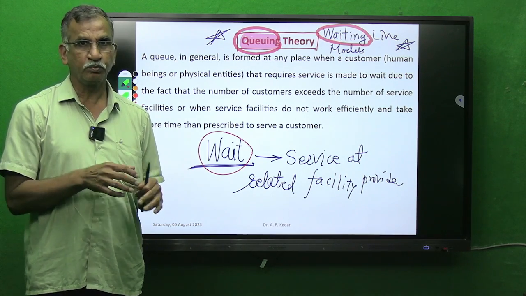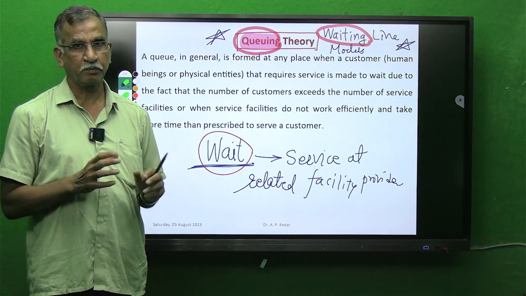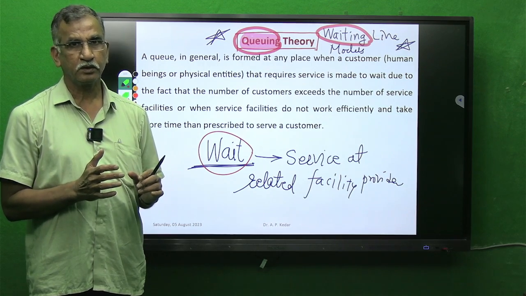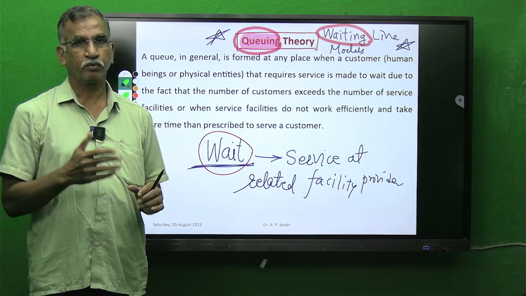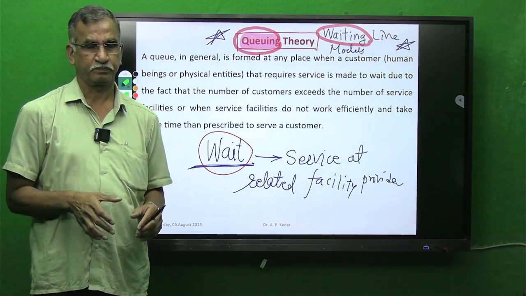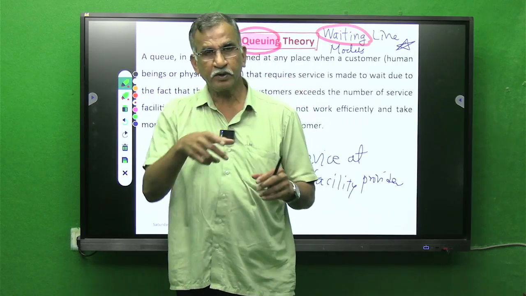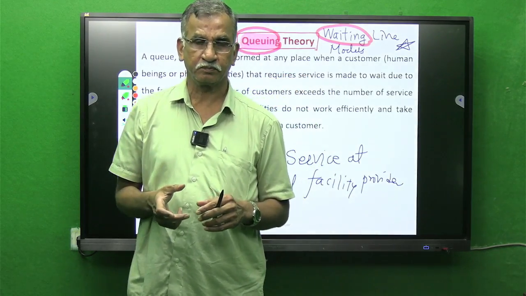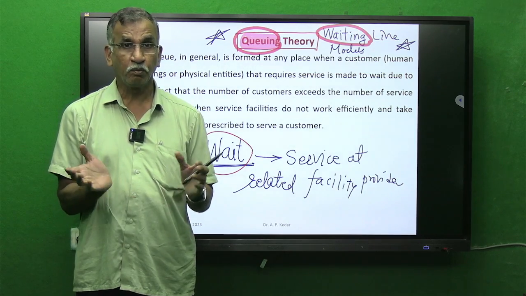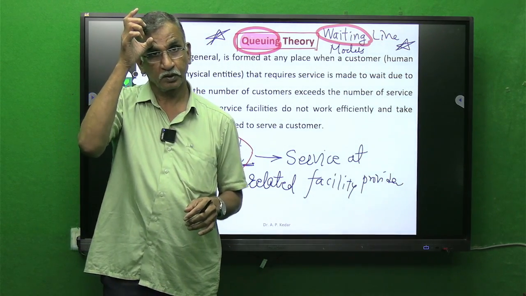And we know, as human beings, we lose our patience and temperament when we are supposed to wait in the queue or waiting line for a very, very long period. We get frustrated as individuals,